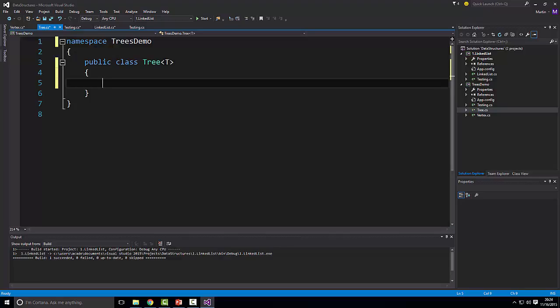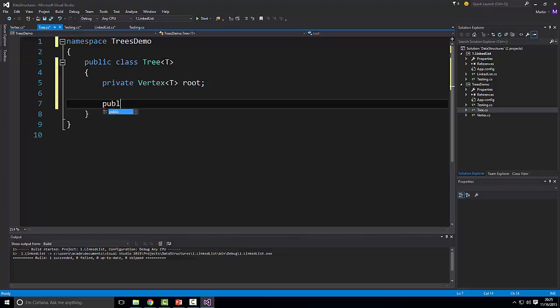And I said that we'll be implementing a rooted tree, so it will have a root. So it's going to be private vertex of t root, for which we'll also have a